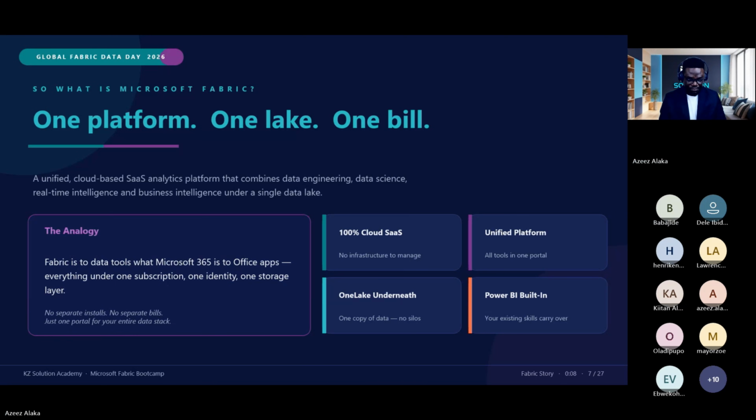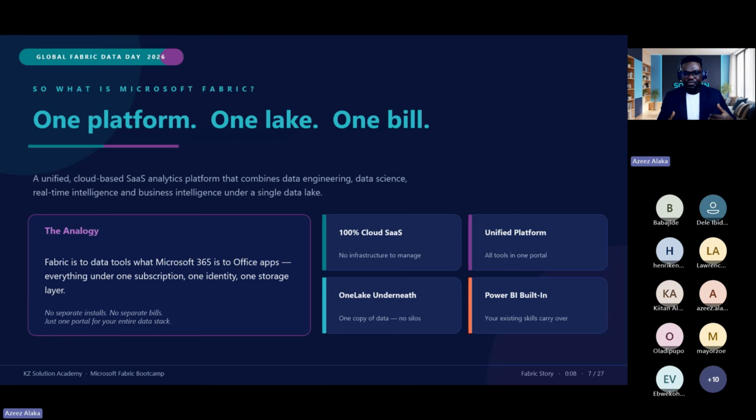single data lake. The good thing about Microsoft Fabric is that nowadays, if you see a data analyst job role, you are going to see some data engineering job description there. There is also a new job role called analytics engineer, which is the role of a data analyst and the role of a data engineer combined. It comes in the middle of a data analyst and a data engineer.